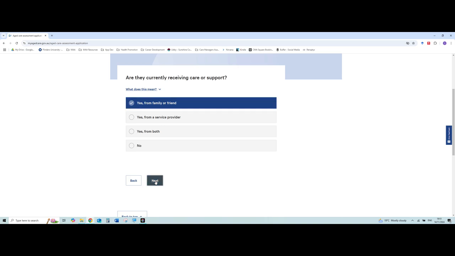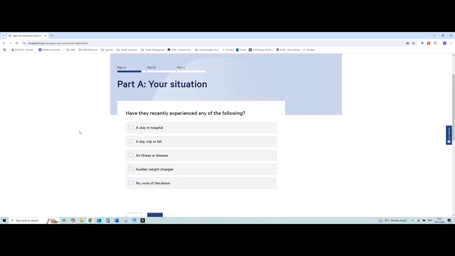The last part is looking at specific instances. This helps to demonstrate the urgency of the assessment you need. So I'd say if any of these have happened in the last 2 weeks, or if they're currently in hospital and they had a fall, you could tick both of those. You just need to be able to justify that it was maybe 2 weeks ago, but they're in the middle of discharge and so on. As long as you can justify what you've put in. So I'll put in